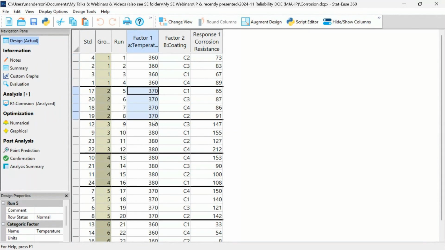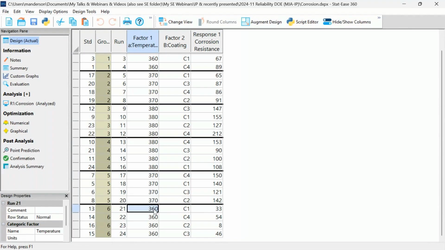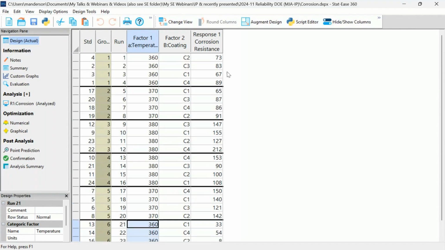And normally this would be randomized, but like I say, George Box realized that his clients would never be able to run a designed experiment if they had to randomize the temperature. So he said, well, look, if you just continue to increase the heat until you get to the top level and then reduce it down for the next three groups. This way we get a replication of the temperature effect, which is necessary to get at least some power on the hard to change factor. And then within each group, you see the coding is randomized. And so it was actually placed at different locations, I think, on the tray within the oven.